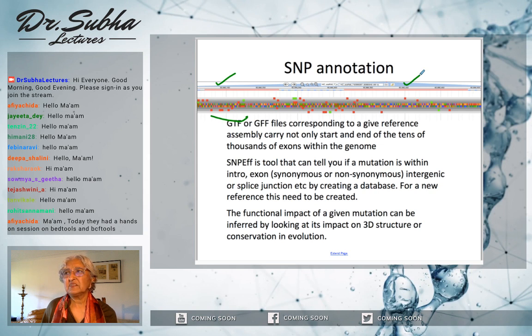I just want to know whether you're able to see the top portion of this slide. If you're able to see, just say that we are able to see. Okay, one of you, Afia, can you do that? Can you just say whether you're able to see it? Okay. So you have two